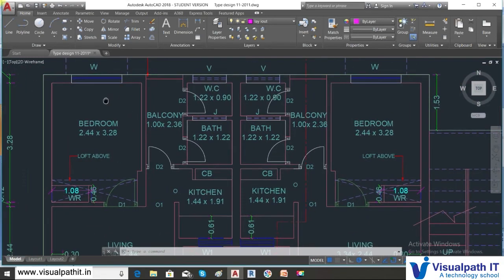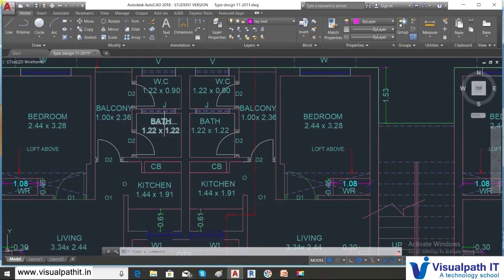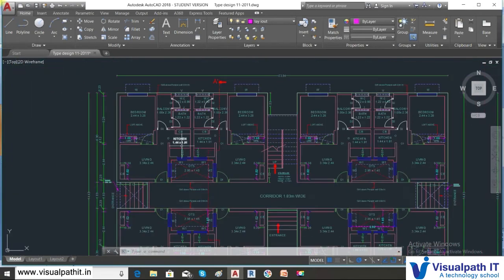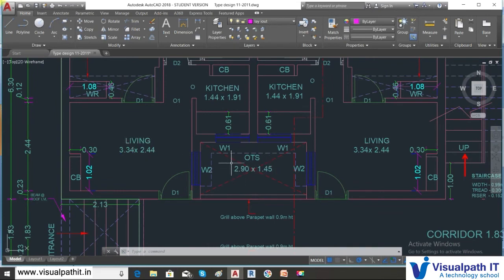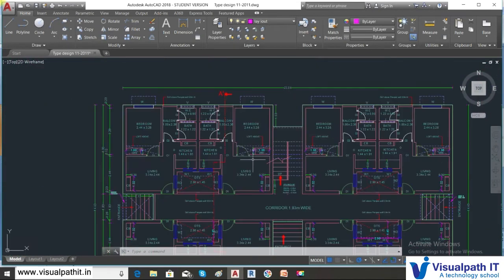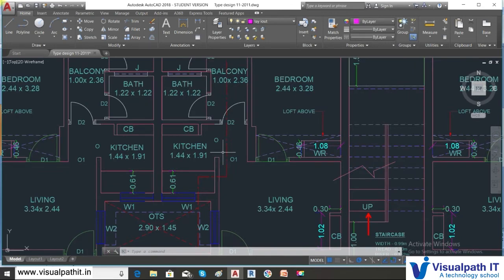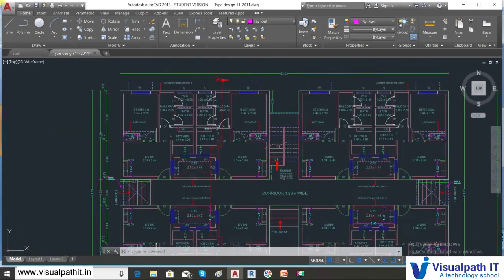Now just have a detailed reading of this. We have a bedroom here. This is the balcony, and we have a bath, WC, kitchen. So this is a flat system with a living room, and the whole thing is repeated here. Though it's a typical story. So one part, if we finish, the other part is similar, but you cannot mirror. Since we have not learned mirror, you could have mirrored it, but we have not learned mirror yet. So in the next session, we'll be using the pick method and the draw method to see how walls are created. Now we go into the Revit.